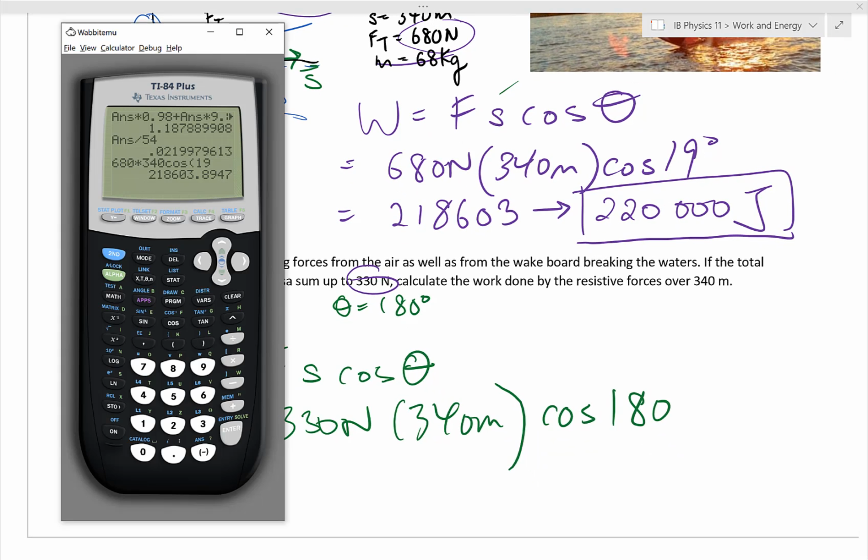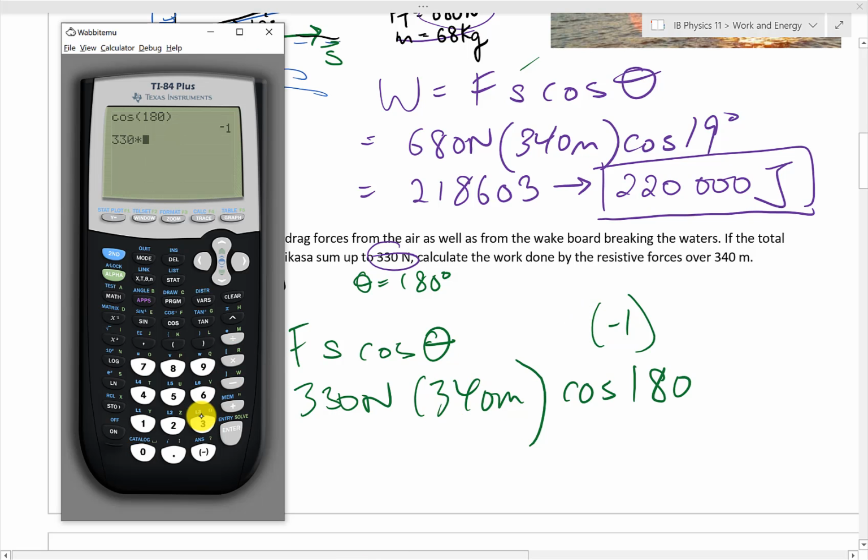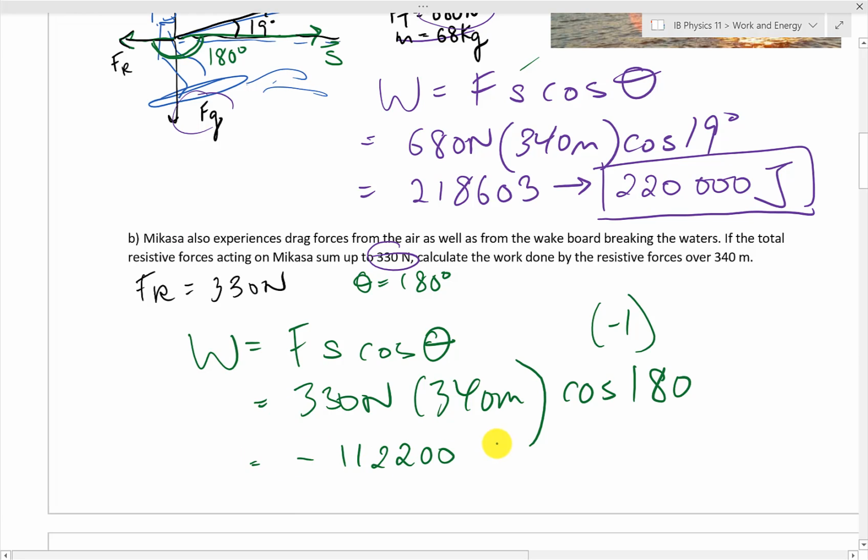Now here's the interesting thing. Let's put in just cosine 180 and see what that gives us. And if you predict that's going to give us -1, bam, you are correct. That means I have -1 times 340 times 330. I get -112,200. And rounding to 2 significant figures, that is